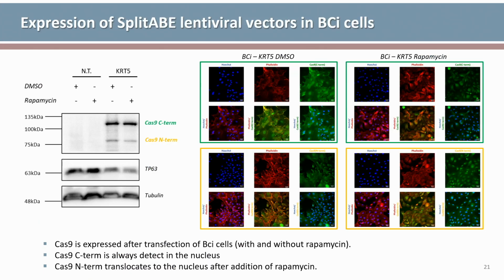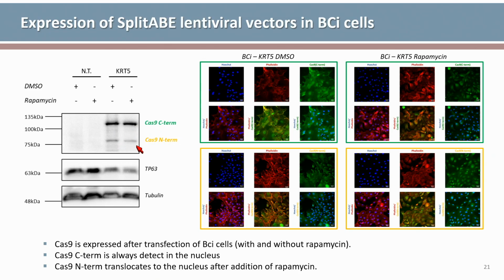confirming that the constructs can be expressed in the BCI cells. So we transfected the cells with a lentiviral vector. So this is a transient transfection of the lentiviral vector, in this case, the one with the keratin 5 promoter, into the BCI cells. And then we treated the cells either with a control or rapamycin, and we assessed the expression of Cas9 by Western blot. And we can see that Cas9 is expressed either with or without rapamycin, because rapamycin will induce the dimerization. And we detected the expression of the two fragments, so the C-terminal and